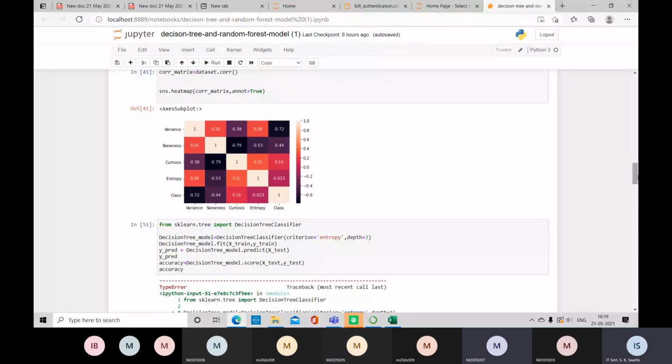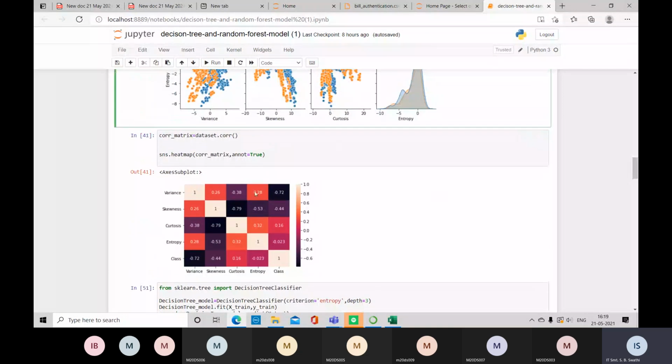Okay. This is one more graph, ma'am. This is also optional. It is only for your analysis. This is a heat map. In all the ML projects, we normally decide what type of algorithm we have to use. We decide based upon the pair plot and this heat map only. So that is why I'm discussing this one.